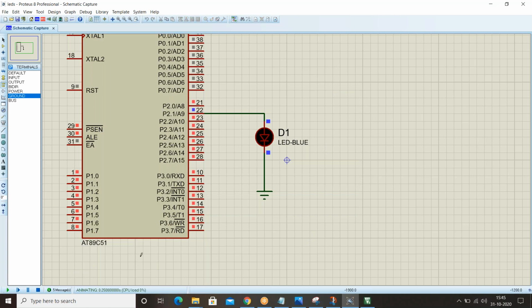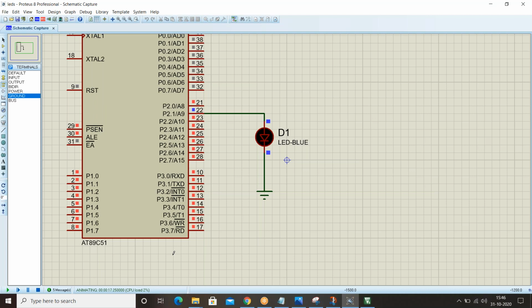Let me run this. Yes, if you observe, even though port 2 is an active high port, we make the LED off. This is a simple code, a simple way to switch off this LED.